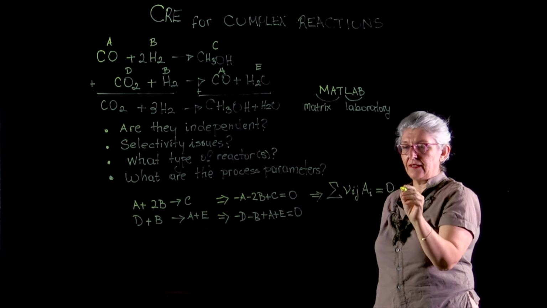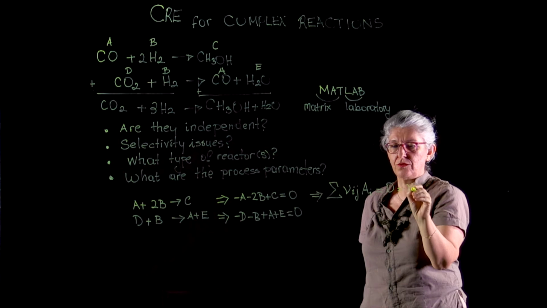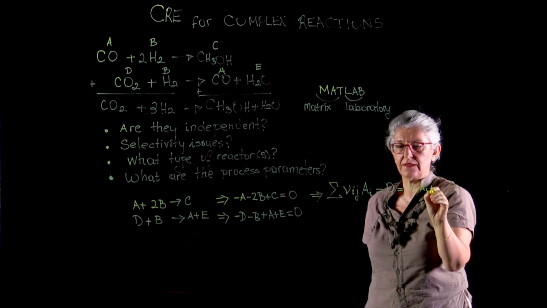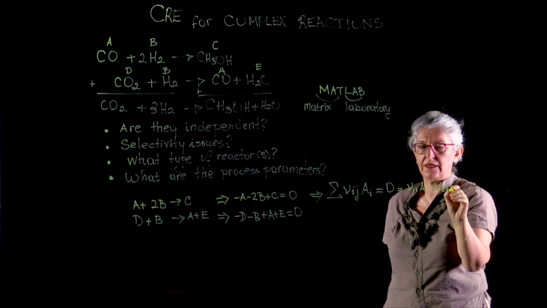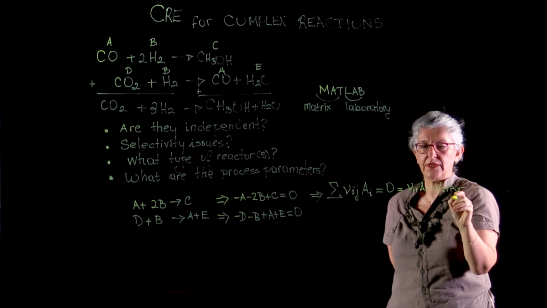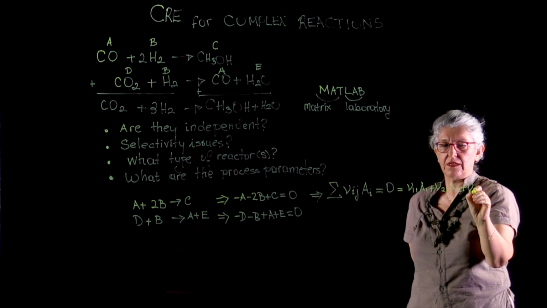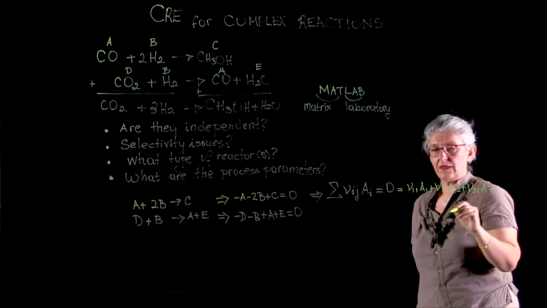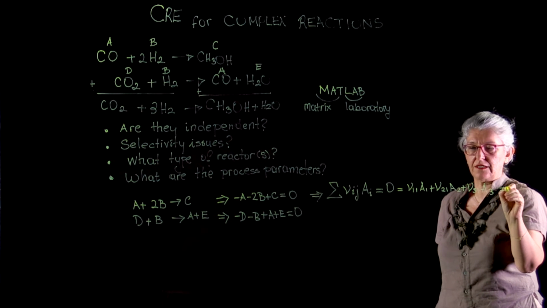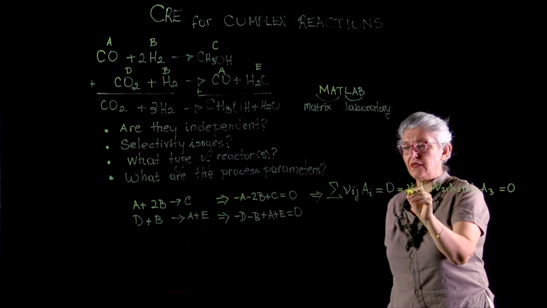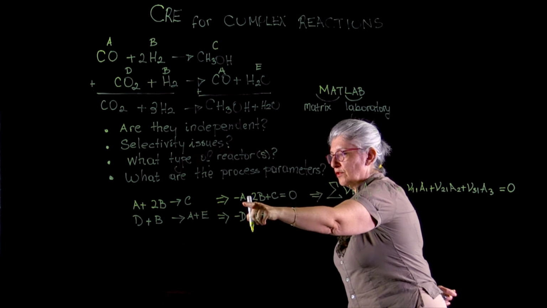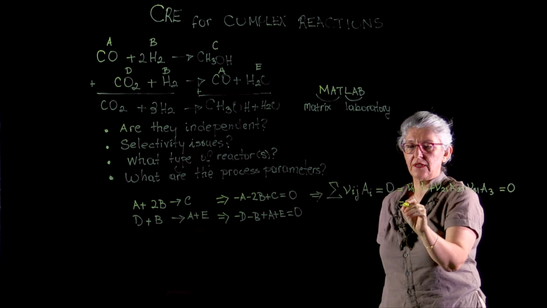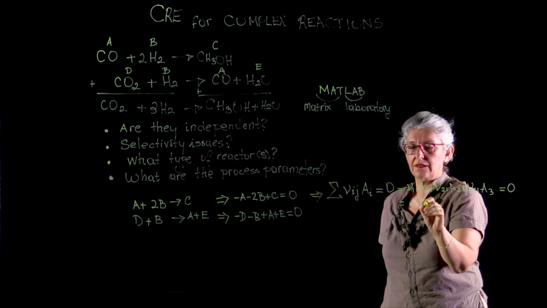We can write this as nu 1 1 A1 plus nu 2 1 A2 plus nu 3 1 A3. We have three components in this first reaction, equal to 0. Nu 1 1 is the stoichiometric coefficient of the first component in the first reaction. It is minus 1. So this is minus A1, component 1,